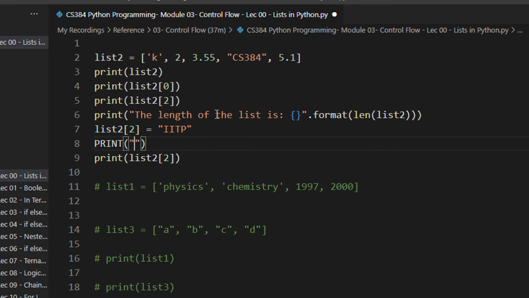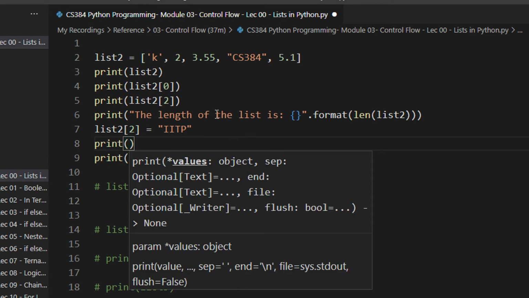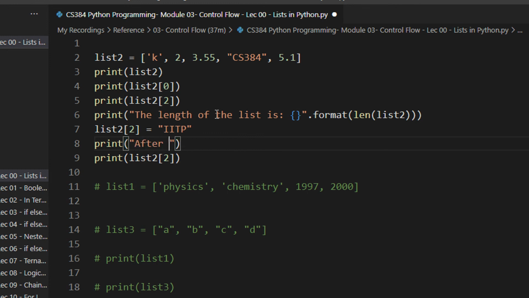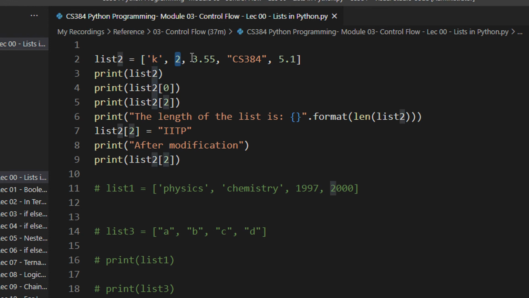Let me write a print statement here. Print, after modification. So what happens here, I am saying that make the second position, the second index of the list, as IITP: index 0, index 1 and index 2.